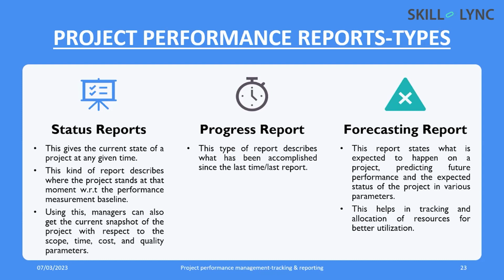The second report is known as progress report. Progress report is just like the progress card that we get while studying in schools and colleges. This type of report describes what has been accomplished since the last report. This report will be periodically submitted to the stakeholders. It can be a daily progress report or monthly reports. It will help you understand how your project is progressing with respect to the previous one. That report is known as progress report.